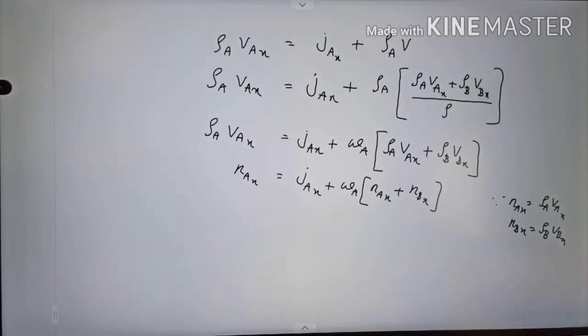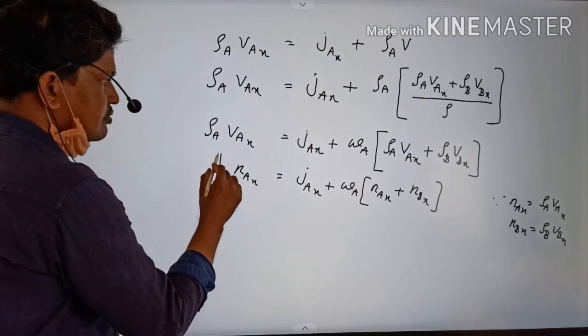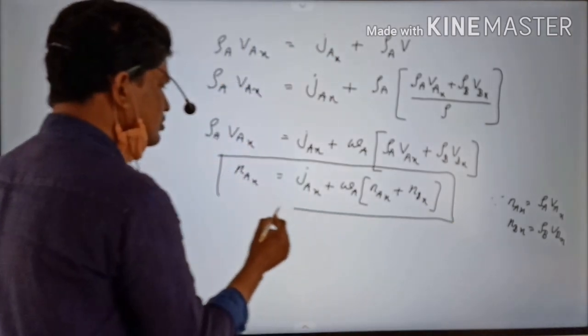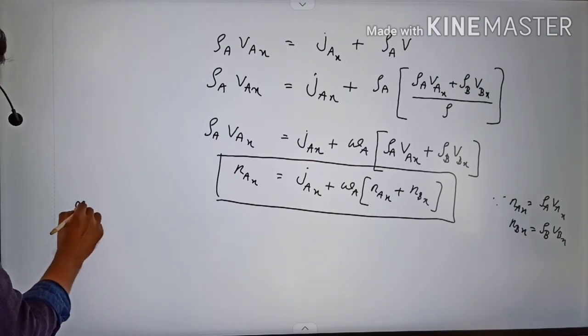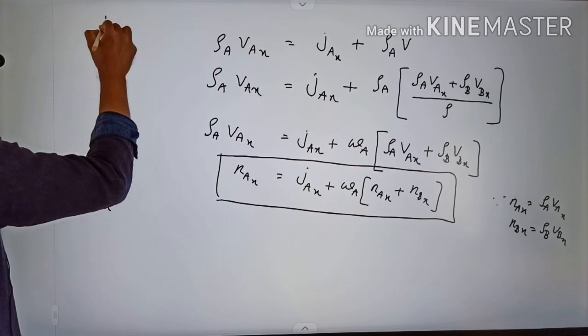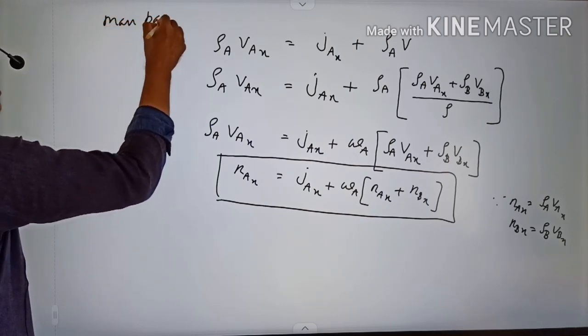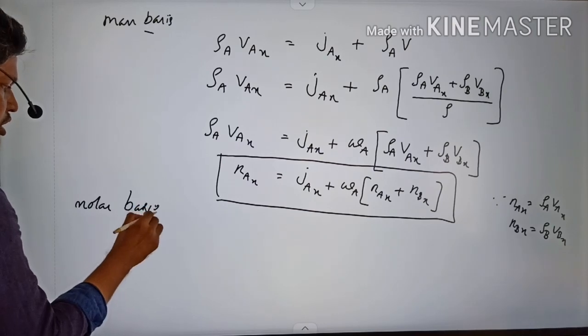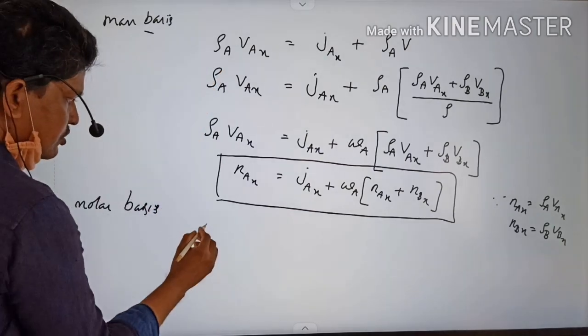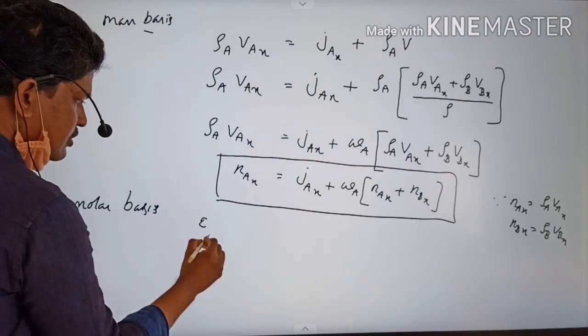Similarly, this is based on the mass. Based on the mass. Then based on the mole, that is on molar basis. This is mass basis. Then based on the molar basis, similarly we can write that is Ca